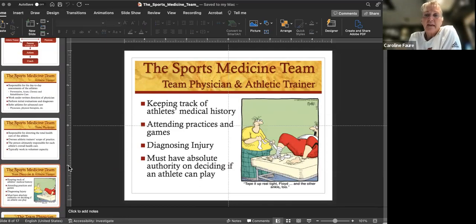So with the team physician and the athletic trainer, it's very important that they have absolute authority on deciding whether or not an athlete can play. We always have this saying in sports medicine circles, when in doubt, sit them out. And that's something that I told my coaches constantly. If I wasn't there, if you're not sure that that athlete can resume competition or participation safely, if they're whining a whole lot, that they're not feeling right, or they just don't have strength, then you sit them out and you get that referral to a physician or wait for the athletic trainer to be able to see them. Always, in medicine, we always defer to a higher medical authority, and that is the physician in all cases.